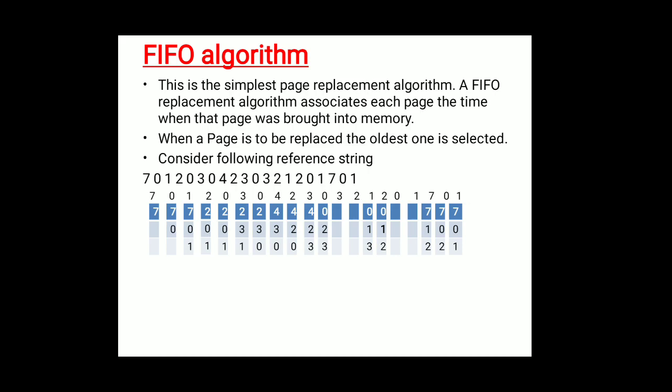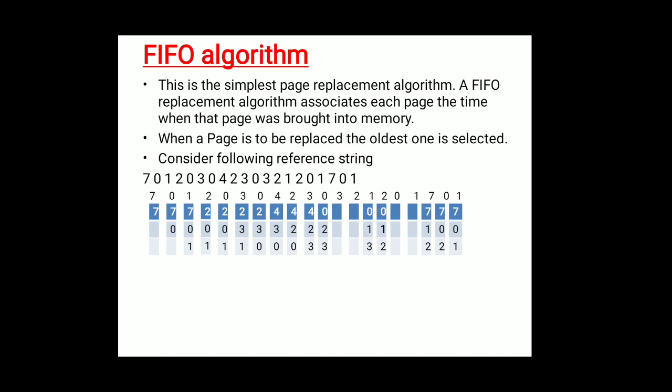So which number will be replaced? 0 is the oldest page and 0 will be replaced with 7. So 7 1 2, and it will be marked as a page fault. Now next page is page number 0. Page number 0 is also not available in the frame, so you have to get it from the hard disk and we have to store it into this memory. This time we are going to replace 1 with 0, because 1 is the oldest page, so that is 7 0 2, and it will be marked as a page fault.